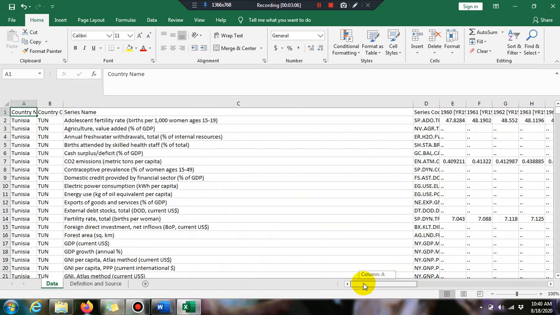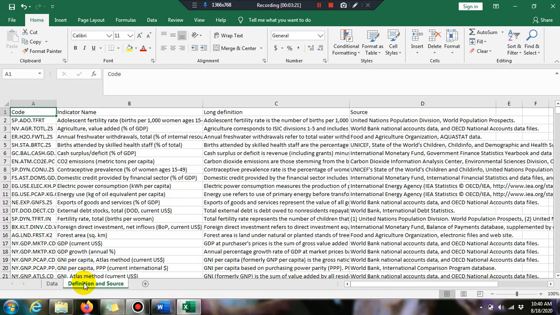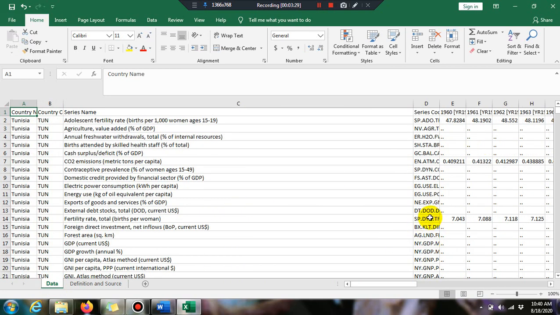Your instructor informed you what this sheet actually does. So this is the raw data, and the second sheet explains the definition of the variables which are given here in the form of data. So you cannot take the raw data into eViews.